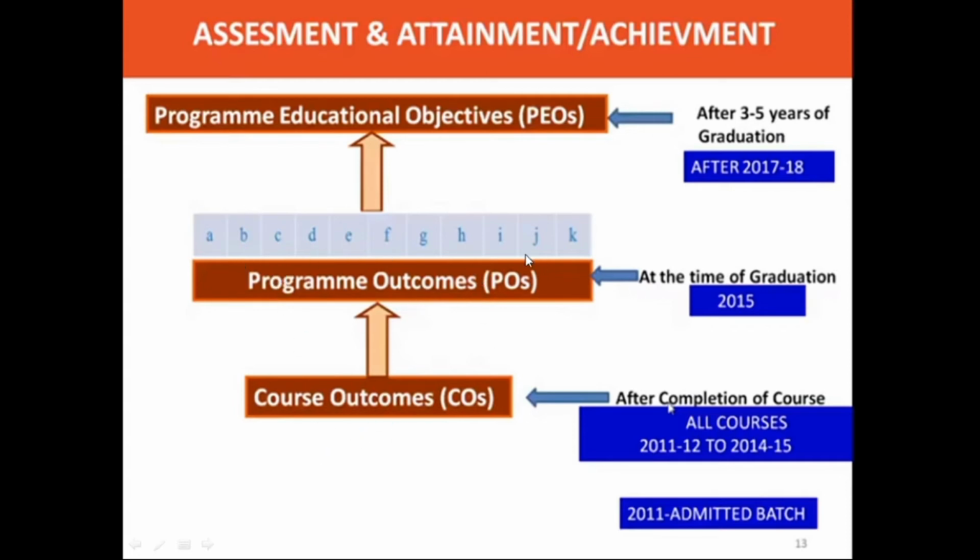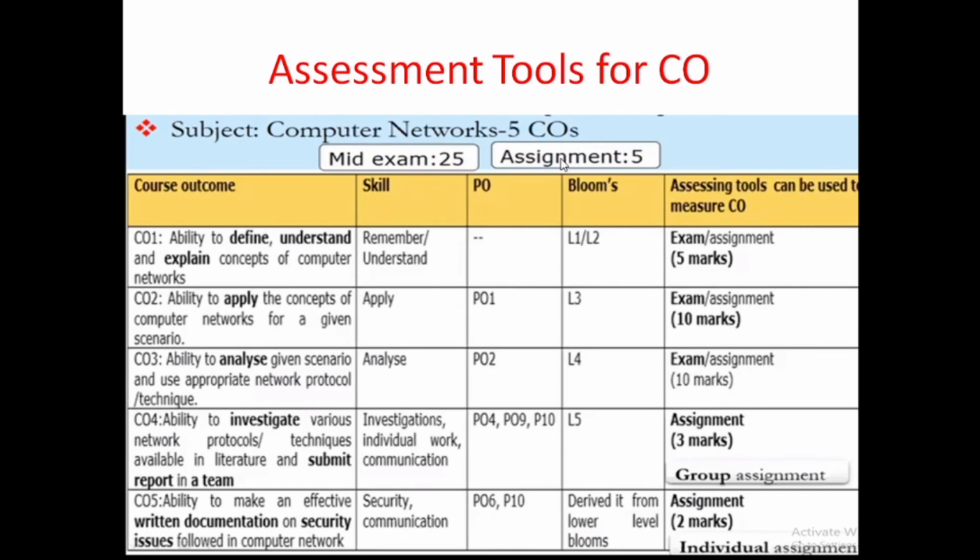So for PO, we have 12 POs. At the time of graduation, we have to check all these POs. Then we go to program educational objectives, after 3 to 4 years of graduation. This is the assessment and attainment pattern for achieving the program educational objectives. Example,